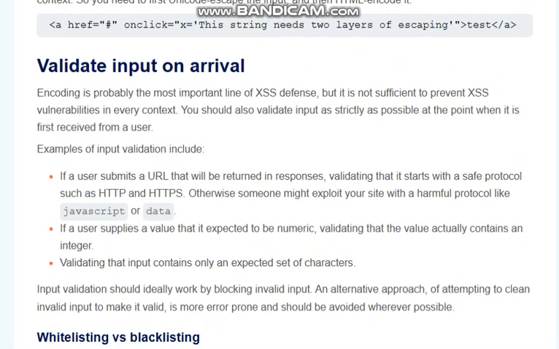Also, we have validate input on arrival. Here, if a user submits a URL that will be returned in a response, validate that it starts with a safe protocol such as HTTP or HTTPS. Otherwise, someone might exploit your site with a harmful protocol like javascript: or data:. If the user supplies a value that is expected to be numeric,